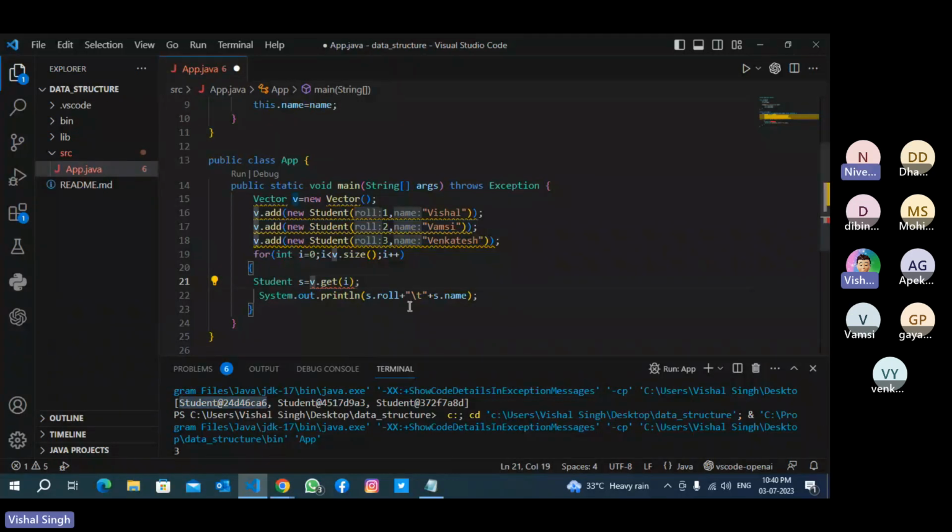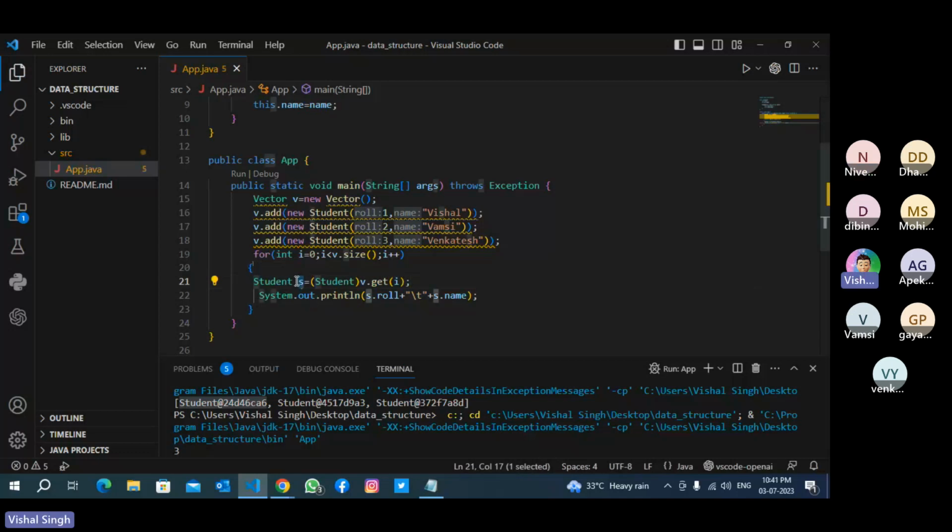So you have to specify the type, that whatever data is stored at this specific address, just consider it an object of the student class. So we are performing the typecasting operation, specifying that we are getting data as a student object.